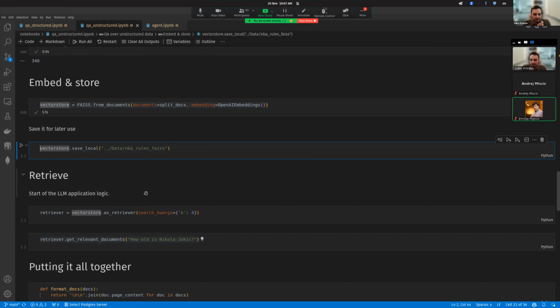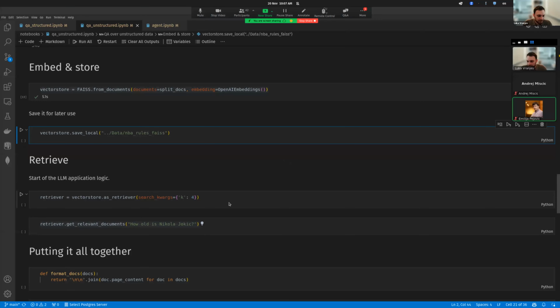A retriever is just an object that can query the vector store given a user question and return the most relevant documents. We can specify it directly from the vector store, and we can give it some arguments. For example, here we said that k equals 4, which means that the retriever will return 4 documents